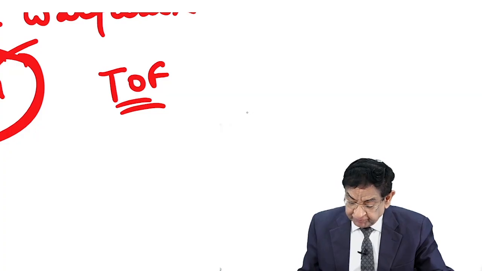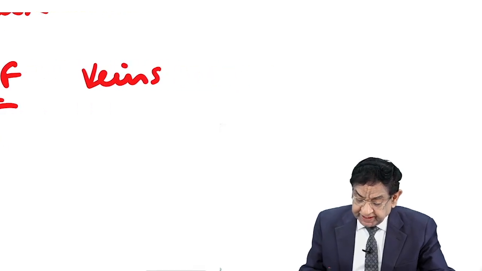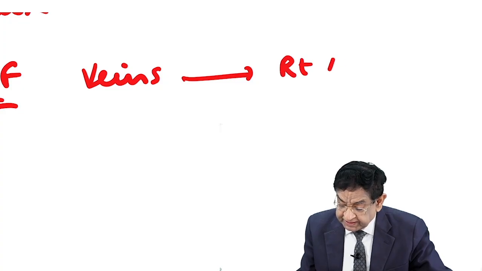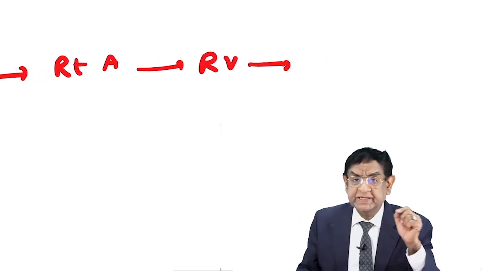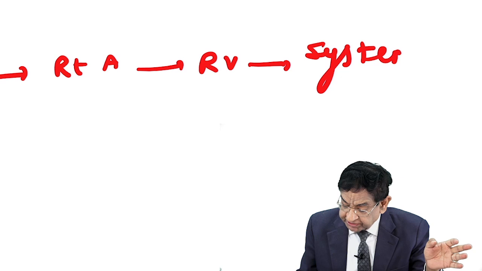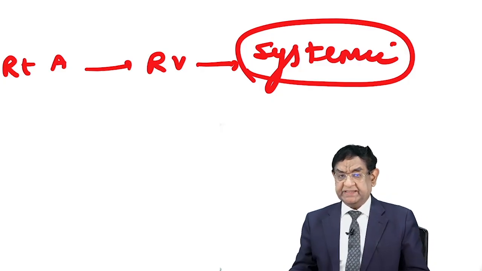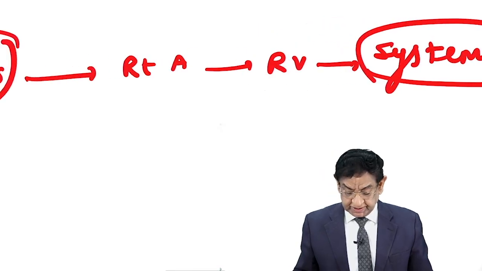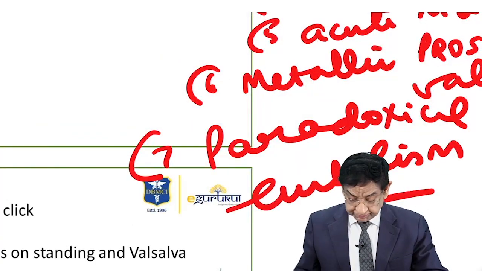What is this? The patient may develop a clot in the veins. From the veins, blood comes to the heart. It comes to the right heart, to the right atrium, then to the right ventricle. But from the right ventricle, we know there is overriding of the aorta occurring in tetralogy of Fallot. It goes into systemic circulation. So a venous clot goes to systemic circulation as an embolic phenomenon. This is the so-called paradoxical embolism. Okay. I hope you got this additional thing regarding embolic phenomena. With this background,